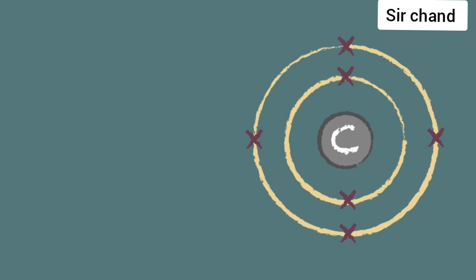The answer is that it would be written 2.4. And now that you have covered the basics of drawing electron configurations, you'll be ready